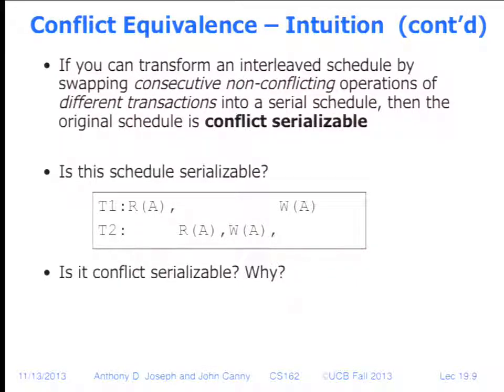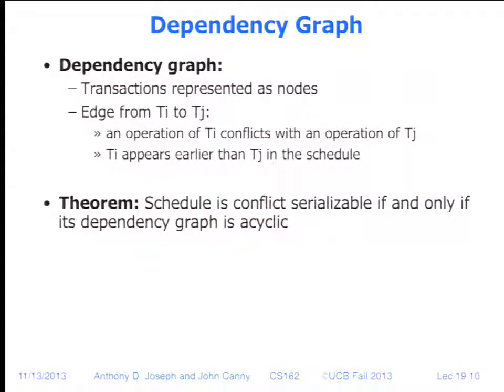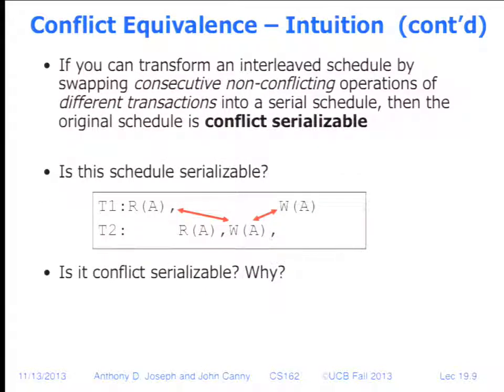Okay, good. All right, so there's three of them here actually. So RA and WA, they're in different transactions acting on the same data, so we can't swap those. These two we can't swap either. And then finally, the writes we can't swap. So in terms of the conflicts, we get these three. Well, I've actually just shown two of them there because as soon as I have these two,